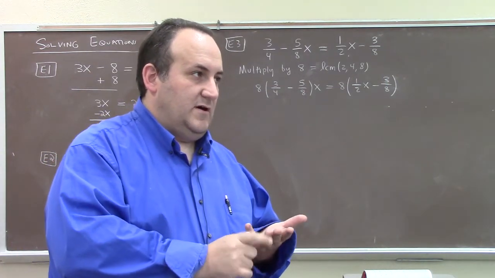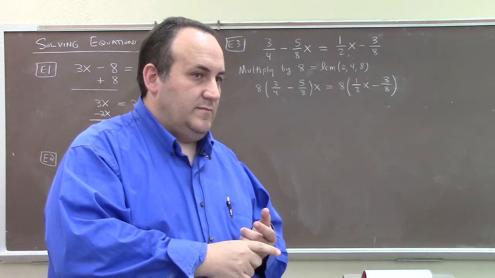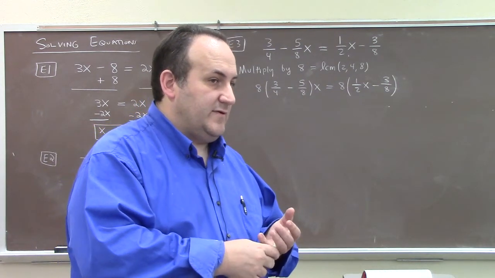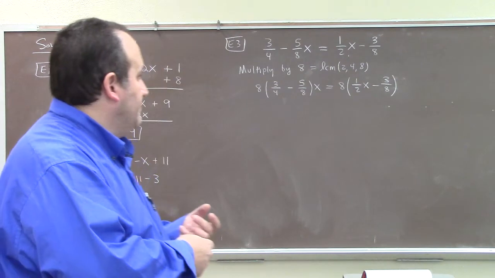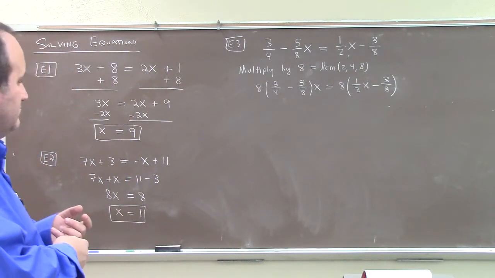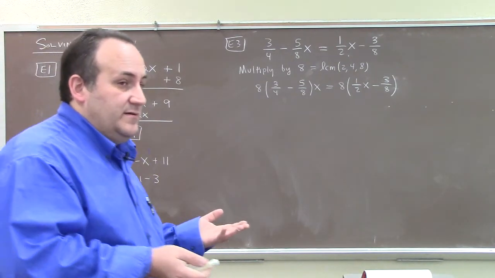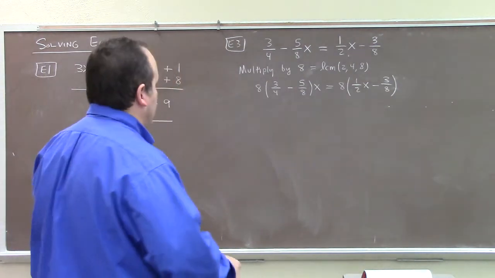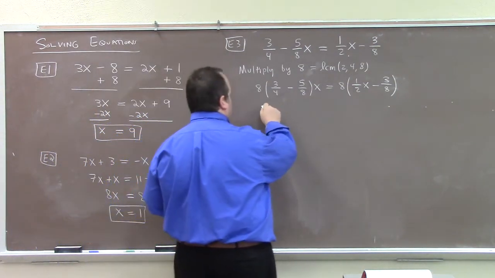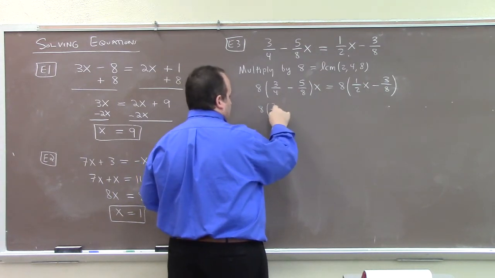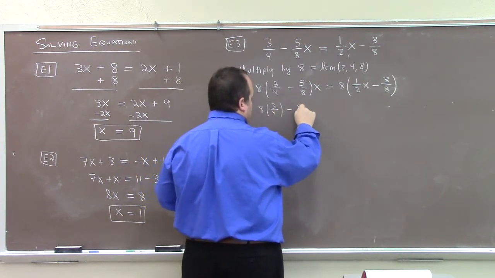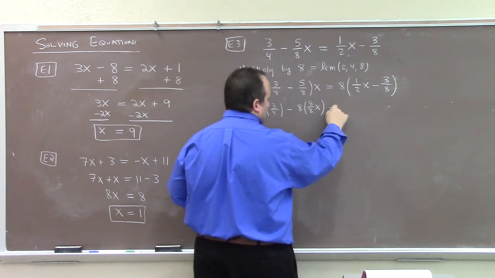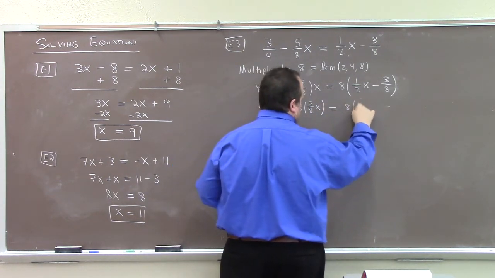I'll do another example right after this one that illustrates how this works with different numbers. But you can multiply by anything you want. It's just that 8 is nice because it kills the fractions. See, because we get 8 times 3/4, right? Minus 8 times 5/8 is equal to 8 times 1/2